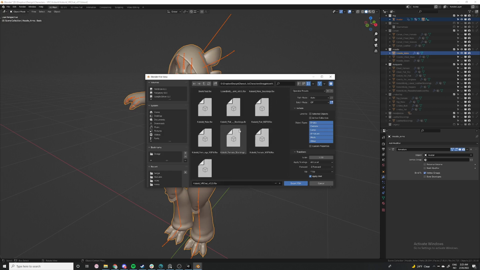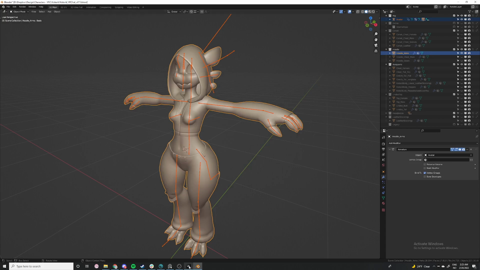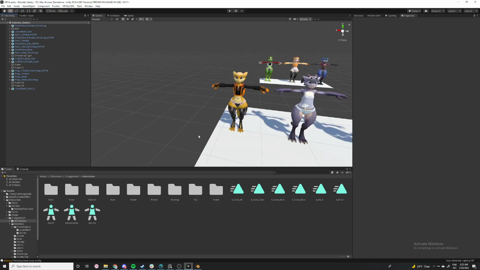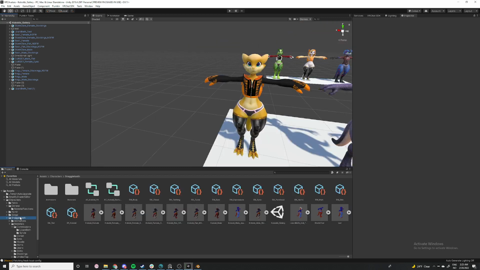We're simply going to export to this folder as an FBX. Make sure that you select only selected objects, otherwise you're going to have a pretty bad time. And we just give this a new unique name. Kobold Male Jeans Demo. Export as FBX. And now if you go back to Unity, you can see that Unity is going to be hanging for a second or two. And now if you go to the correct folder,